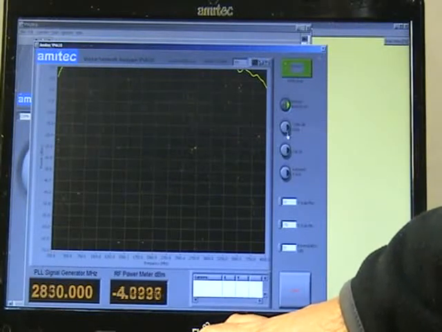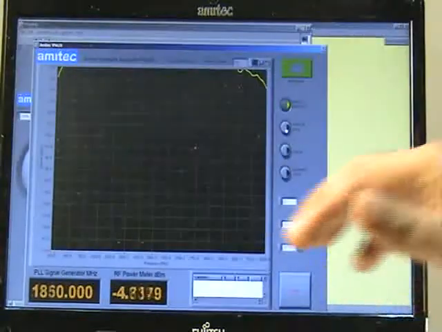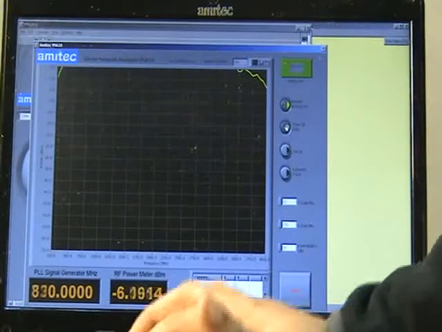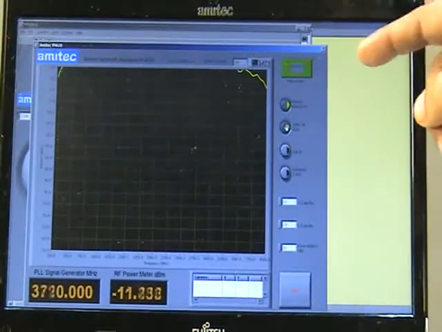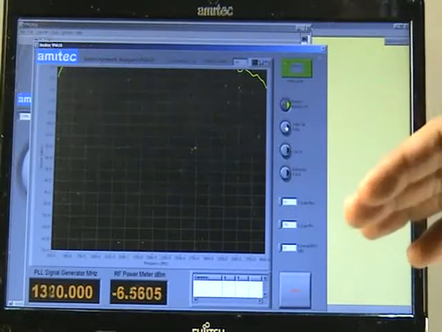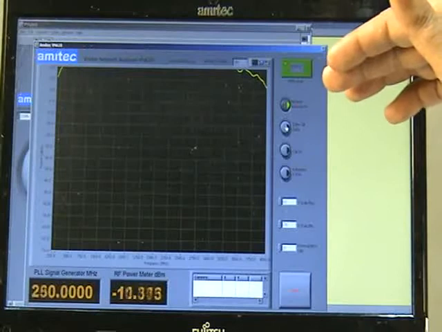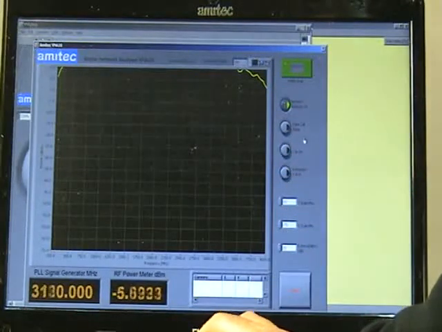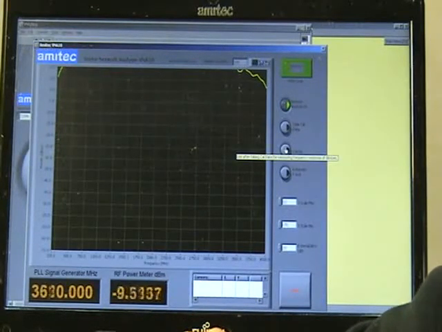Now we need to allow the instrument to take the reference measurements, so it will take a reference measurement the moment we say take cal data. Once it starts taking cal data, it tries to normalize the display to a 0 dB reference. So we need to allow it to take one complete sweep, and after it has taken one complete sweep, the LED has gone off, and we will just apply cal on.